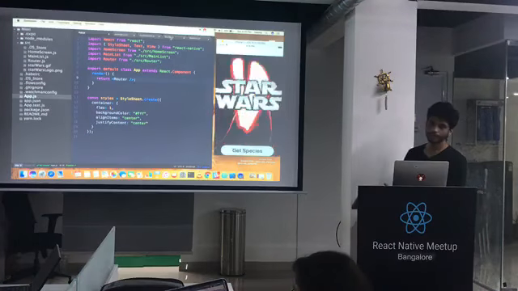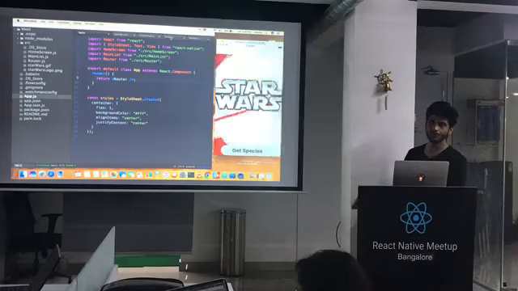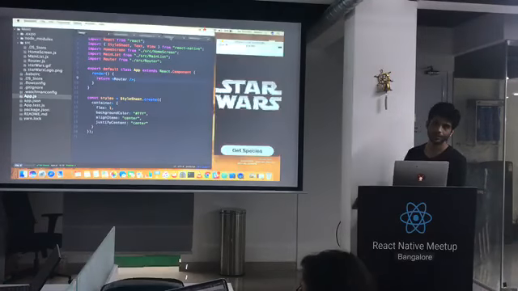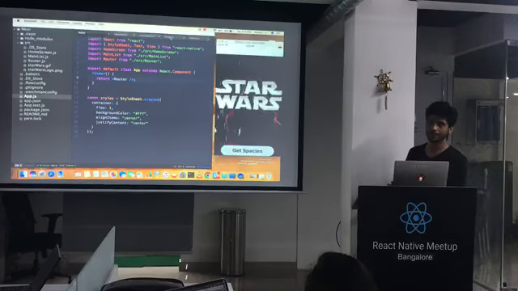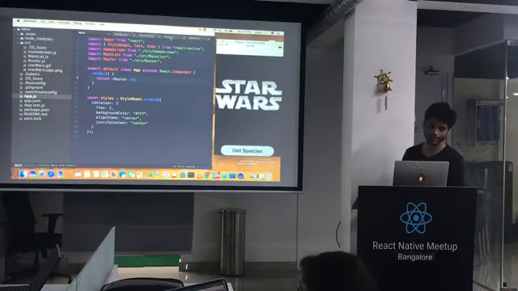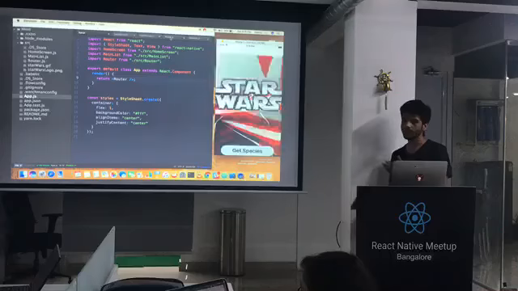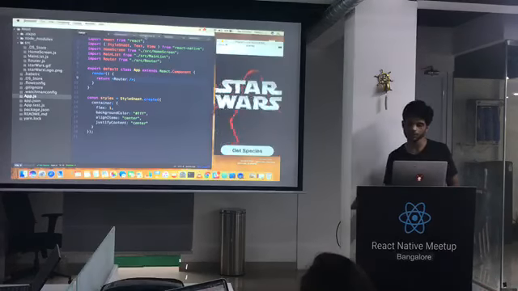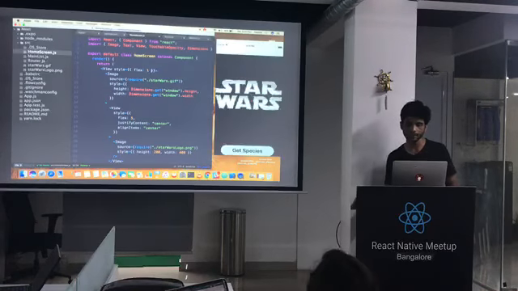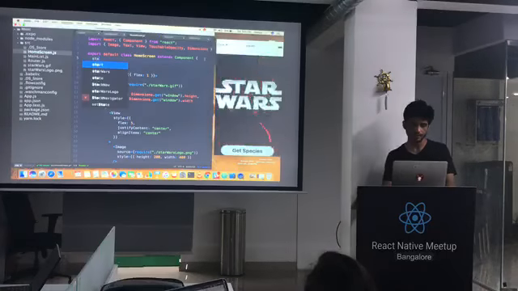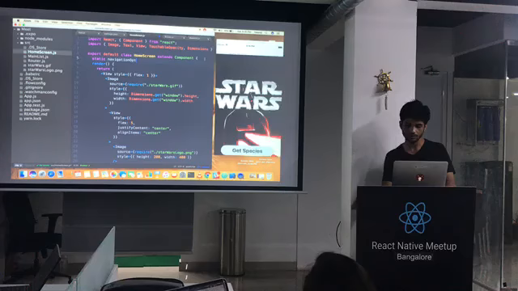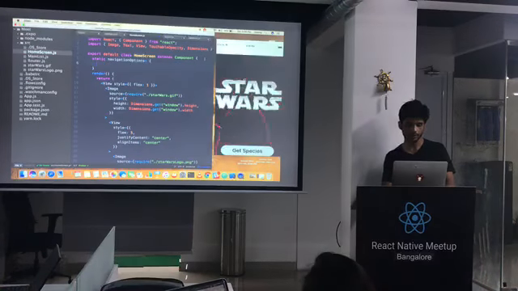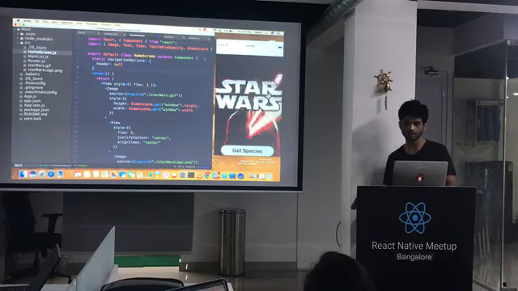As we see, it's showing up, but there's a minor glitch: an unnecessary header appearing on top. This is what React Navigation does. It appends headers for you by itself if you're using stack navigation. So what if I don't want my home screen to have a header? It's very simple. You go into the source code and you do static navigationOptions, and then you do header null. That's what you do if you don't want the header.